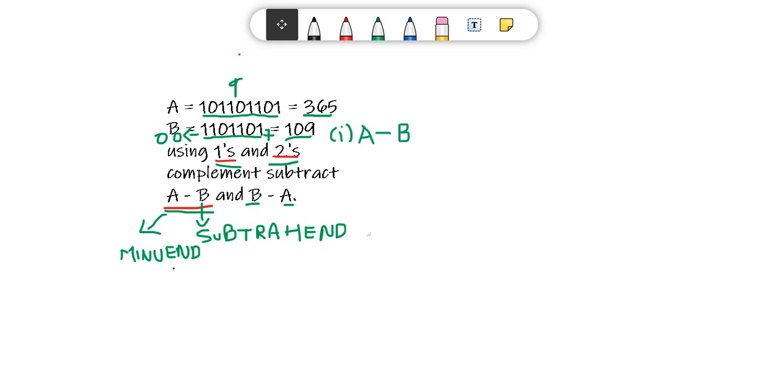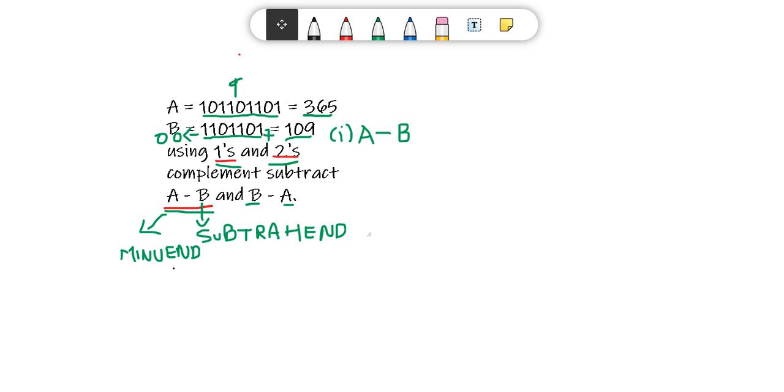For example, I'm going to do the ones complement operation first. The first step is you apply the complement to the subtrahend. If it is ones complement, you apply ones complement to the B value, or if it is twos complement, you apply twos complement to the B value. So in A minus B, you just apply the complement to the subtrahend.